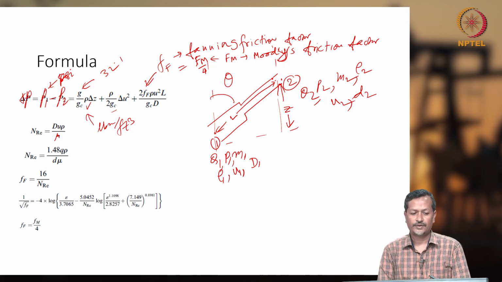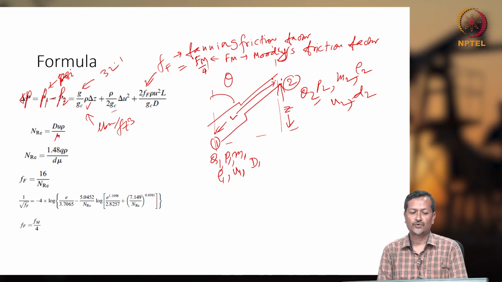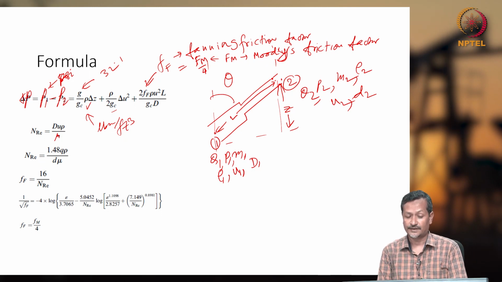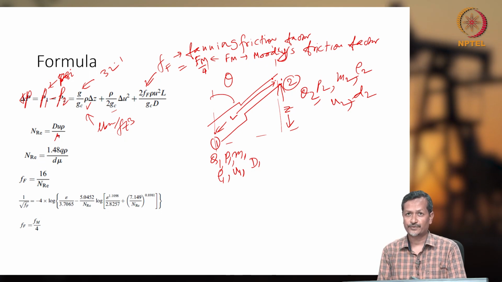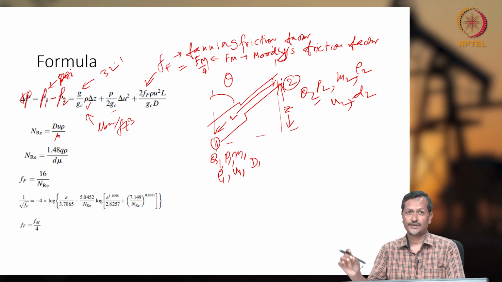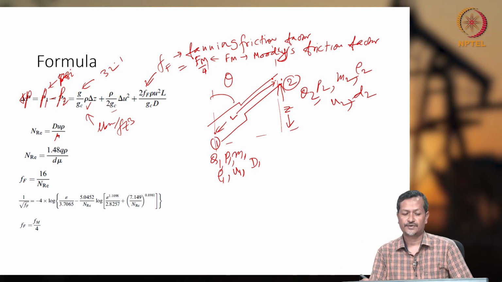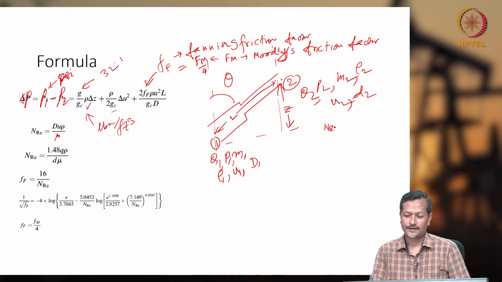Okay. Now, if you want to calculate the pressure drop through the pipe, first you have to know the friction factor. How to get the friction factor? First you have to calculate the Reynolds number. Why is the Reynolds number required? Because the friction factor is dependent on the Reynolds number. So how to calculate the Reynolds number? Reynolds number for pipe flow, NRe